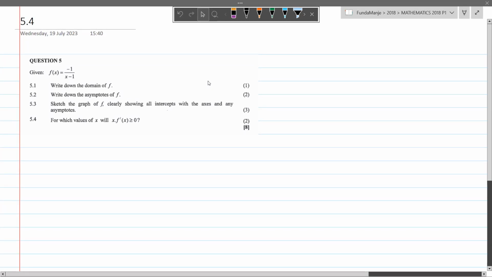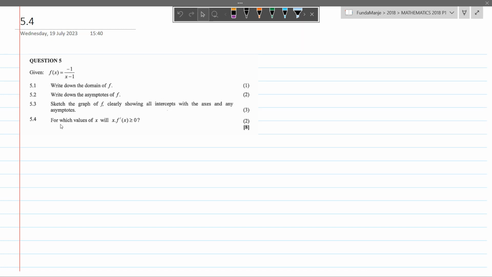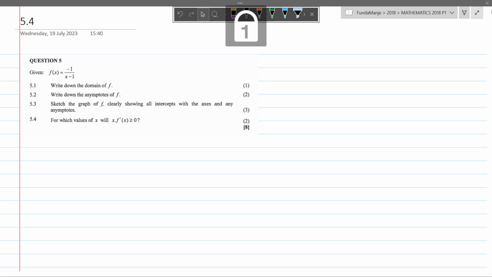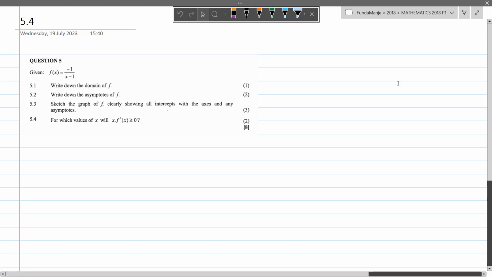So 5.4 requires us to answer this question. For which values of x will x multiplied by the inverse, or not the inverse, but the first derivative of x be greater or equal to 0? So we need to see what our graph looks like first of all. So let me jump back to our function